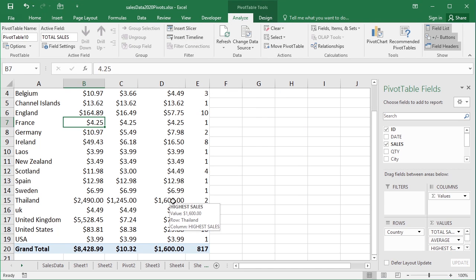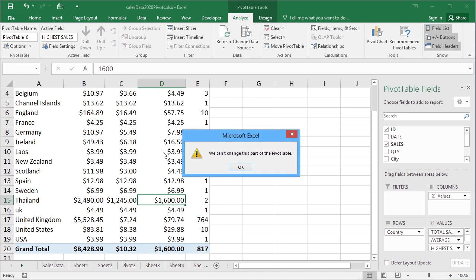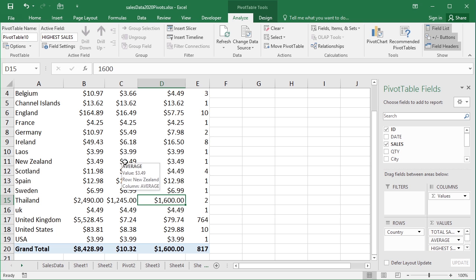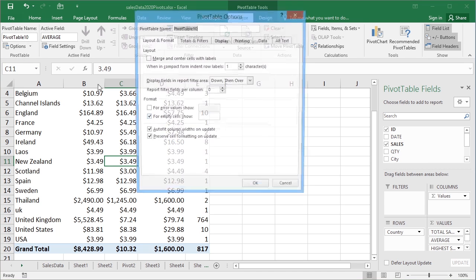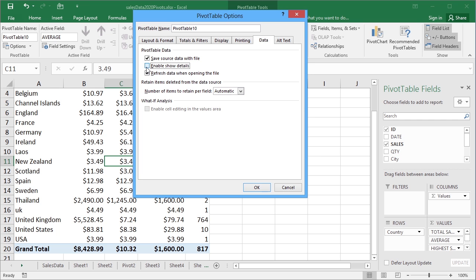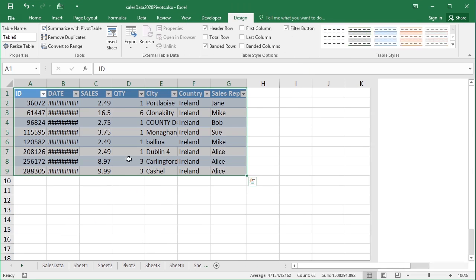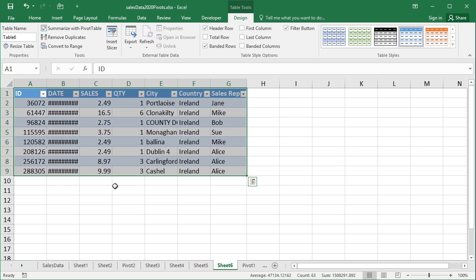OK. And then when you attempt to double click a number, we cannot. We simply get a message that says we can't change this part of the pivot table. There is no drill down capability now on this particular pivot table because we've disabled it. So if that happens to you and you want to drill down, you can turn it back on by going to Options and Options, Data. Make sure the tick is in Enable Show Details. And then you'll be away with each double click on a numeric value within the grid to then pull out an extraction of data for further manipulation.